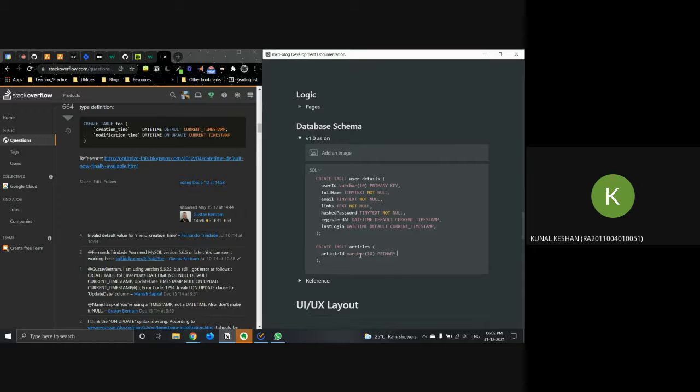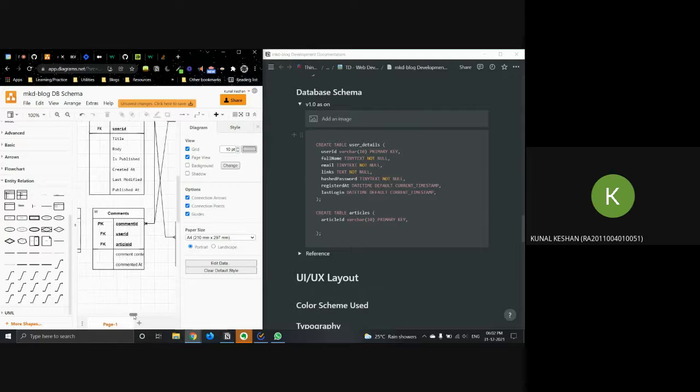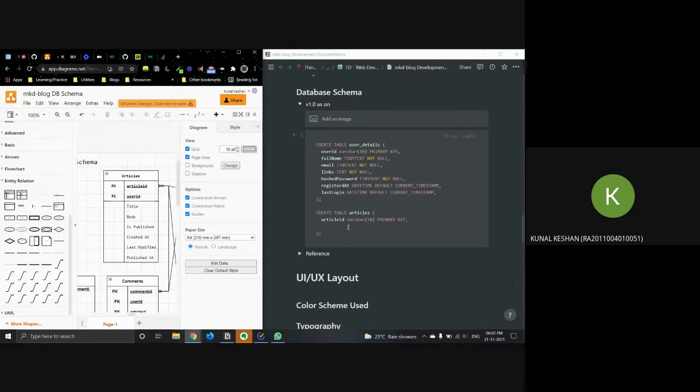Primary key. You can change the second screen, Kunal. Oh, yep, sorry. Yeah, so we have the article table. So we have the article ID.